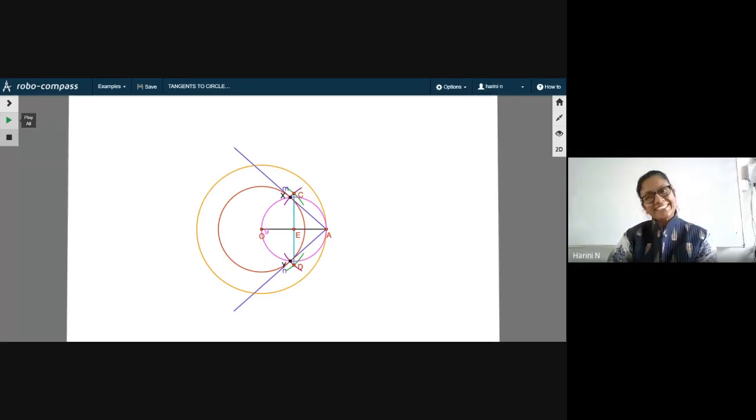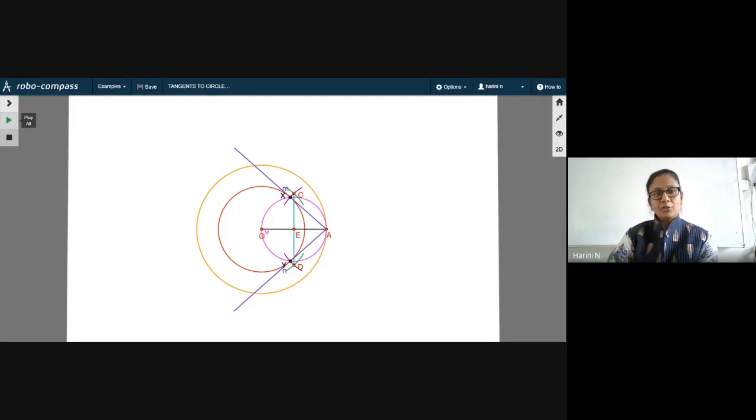See, this construction is coming. Tangents from an external point is definitely coming for the exam. So we should know clearly how we are able to draw these tangents from a point outside a given circle, which is fixed in length from the center of the circle. In the next class, we have to take up 2 more constructions. They are slightly difficult compared to this. So this you should practice first properly. So shall we start with the steps?